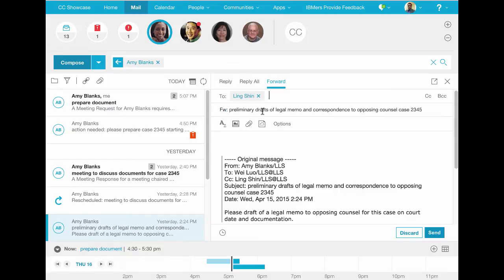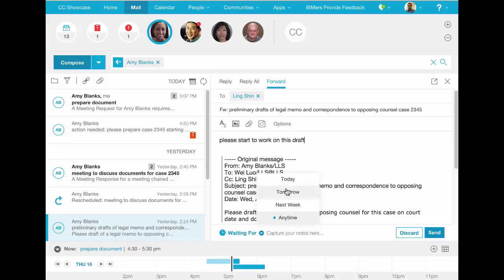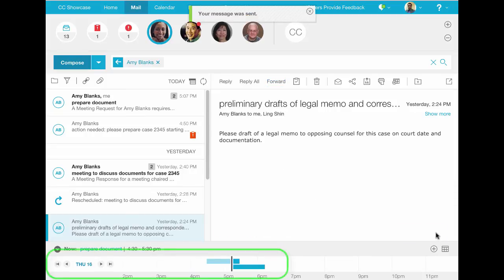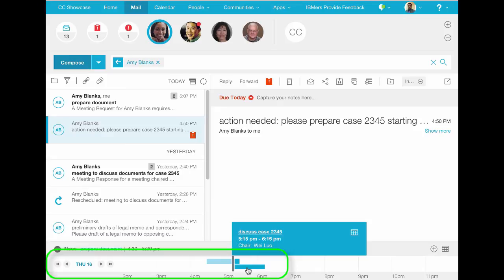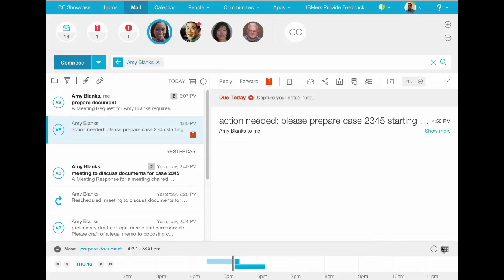I've been able to get a lot of things done today without having to switch between different applications, and that includes keeping me informed of what is next up on my calendar. Glancing down at the bottom of my screen, I notice that the next thing on my agenda is about to start. So I better head out of the office because that's an after-work happy hour for my team that I don't want to miss.